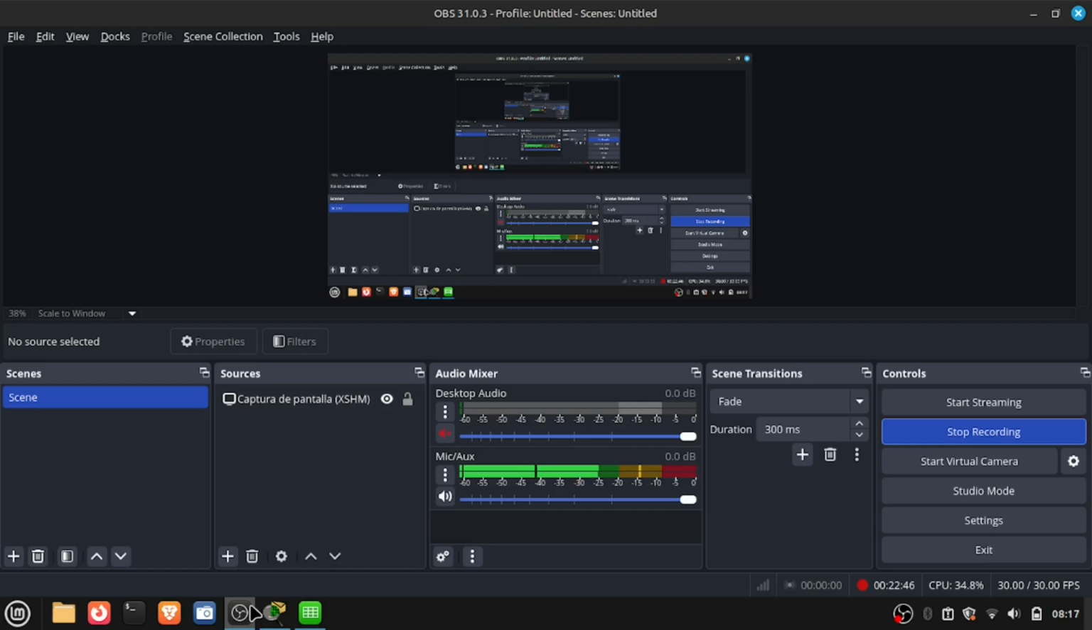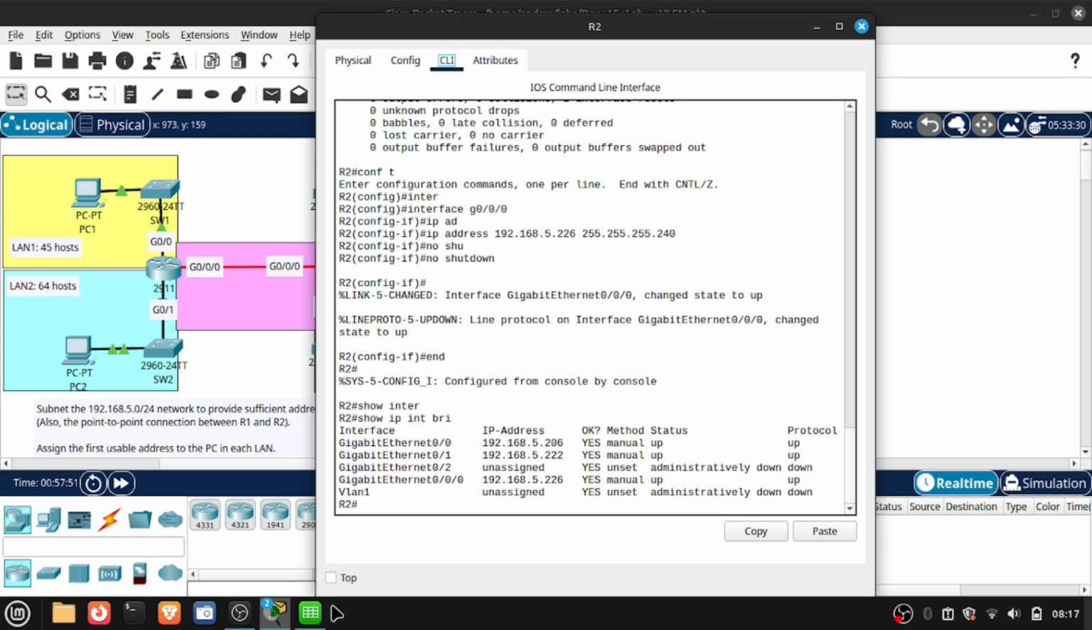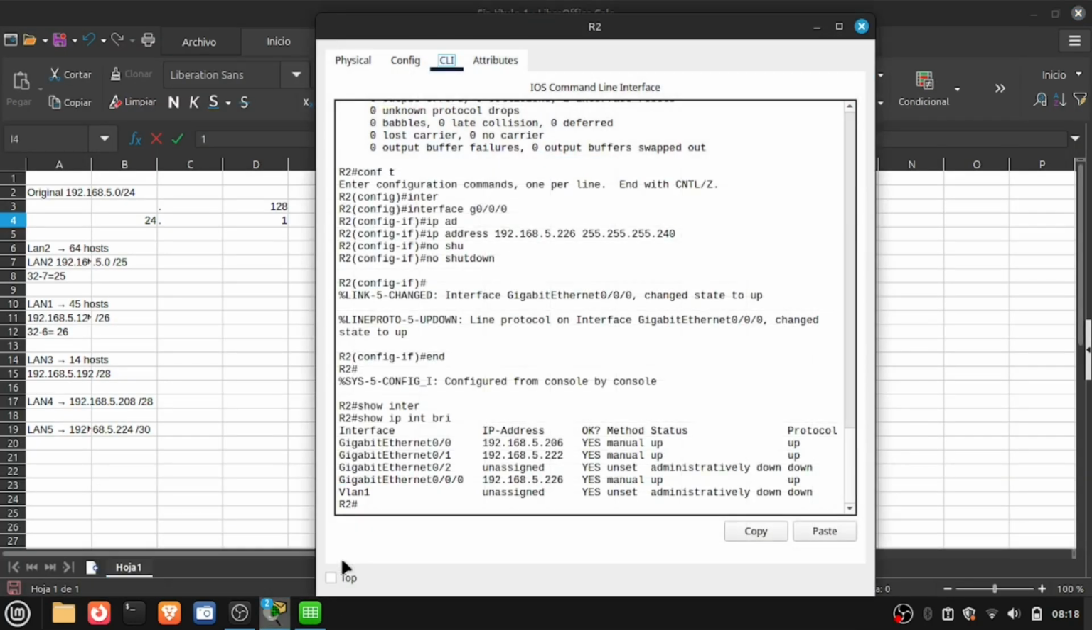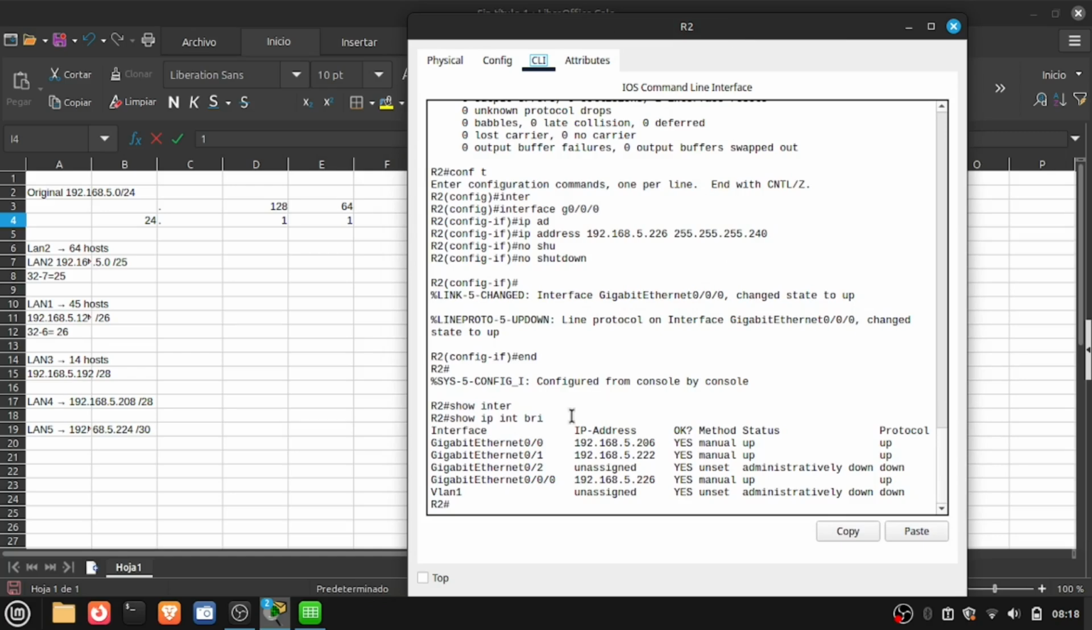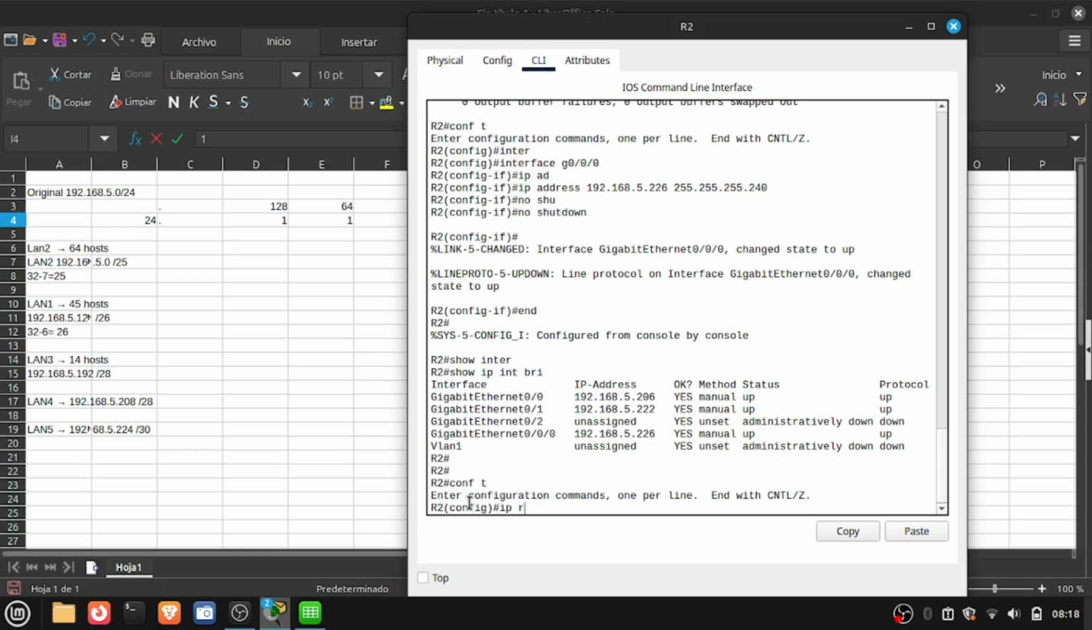Now we're going to do the same for this one with the help of our Excel. It's really important to have an Excel or documentation because you are going to forget what the IP is, what the broadcast is, the network, etc. You need something to remember all those steps. Config terminal, IP route 192.168.5. This is LAN 2 and LAN 1. LAN 2